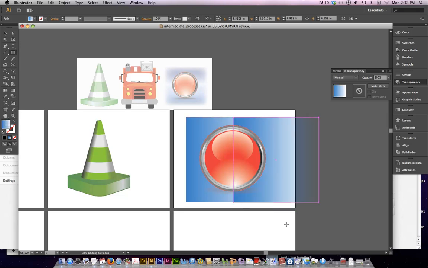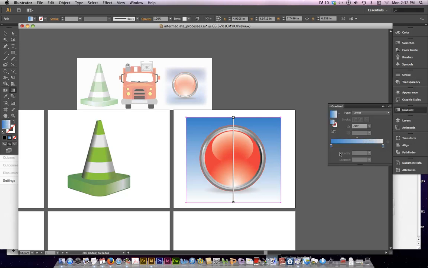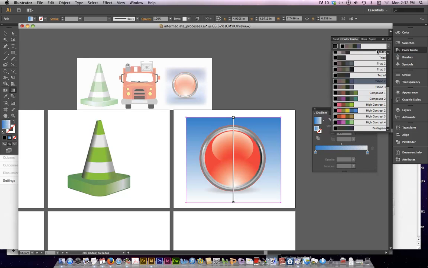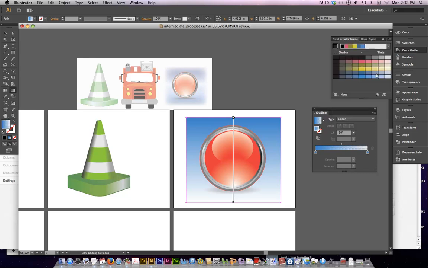What I did there, I drew a rectangle. Didn't mean to do that. I meant to use the gradient tool here and have the gradient run from top to bottom. We can add to it. Remember how you can add to those gradients? You can do anything you want to do with them. One thing that I've been practicing with is pull the gradient panel free and use the color guide. Now, if you'll pick colors that you get from this drop down, I just use the high contrast there, and I can fix this up pretty well. First I'm going to change this so it's not